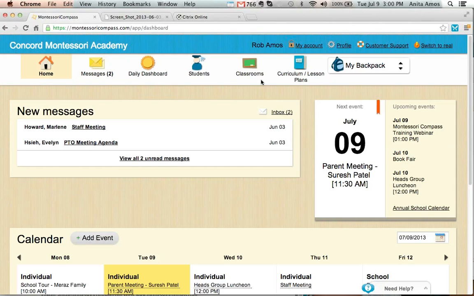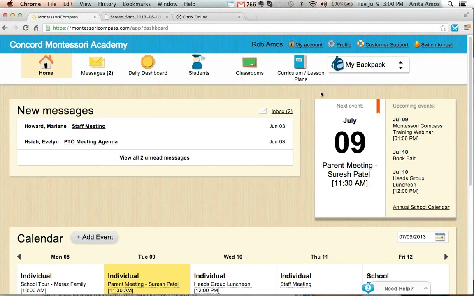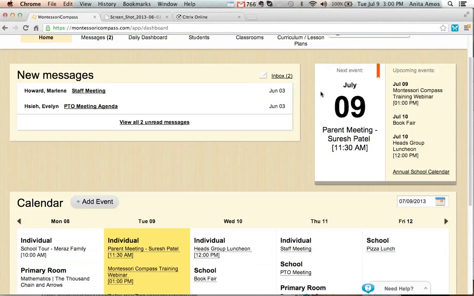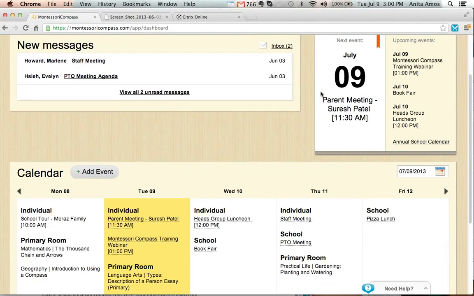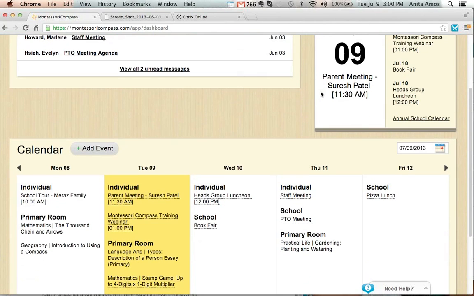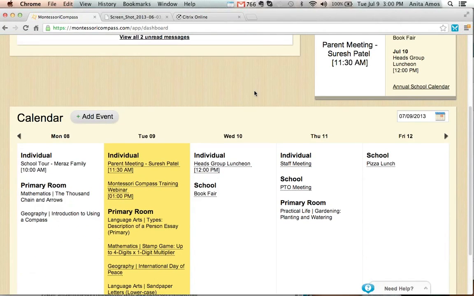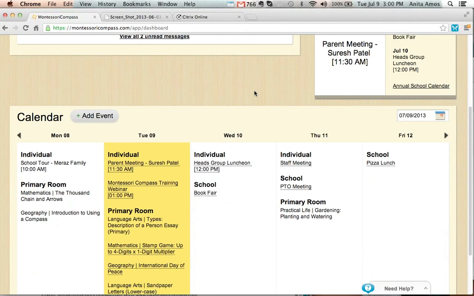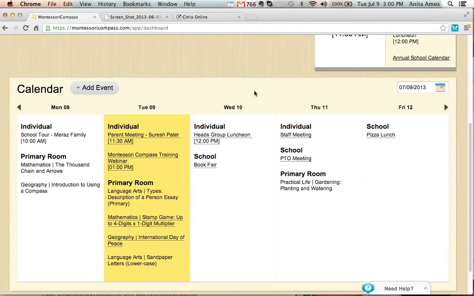I understand that people have their own calendars, and there's paper calendars, and there's calendars that are on your website, and you're using Google Calendar, and I understand all of that, and it's personal preference. You use whatever you see fit. I will just encourage you to give some consideration to what, as software developers, we oftentimes call user experience. Our goal here is to make the user experience as positive and as user-friendly as possible. And one of those ways of having a centralized parent portal is to keep everything in one place.